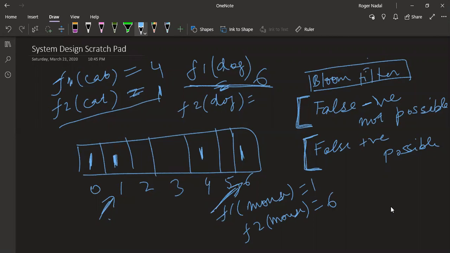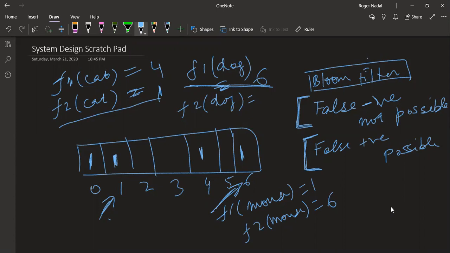Okay. Hey, Roger, can you take a not possible scenario, false negative? False negative, not possible. Right now, the situation we did for the mouse was a false positive. It is not there, but our system told it is there. But a Bloom filter, if something is not there, will say it is not there. Right. So I was thinking how I can say which could be a false positive, or is it always a combination of false negatives and false positives?